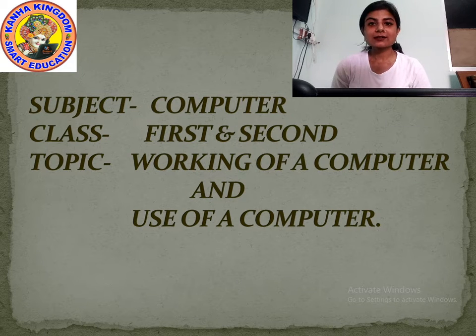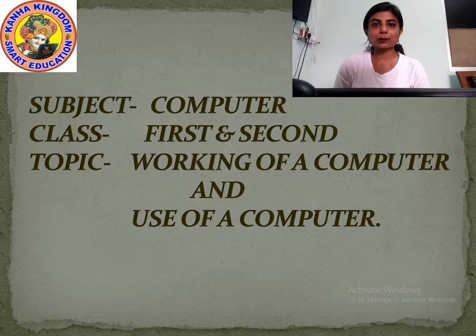In the last class, what did we study? We studied about machine, about a computer, parts of a computer, isn't it? Then we studied what are the different types of machines. Yes, then we studied about the computer parts, the input and output devices. Yes or no? Today we will study a new topic, that is working of a computer and use of a